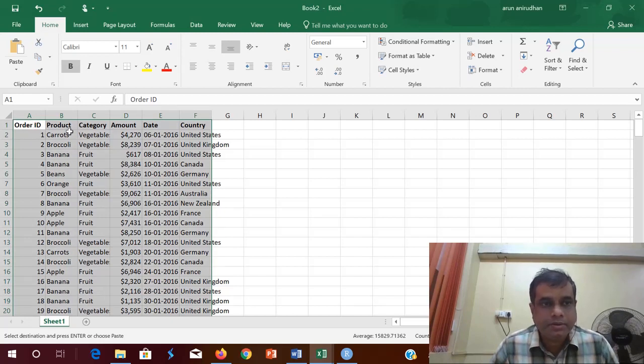So this is my Excel file with data. It has columns with order ID, product, carrots, banana, broccoli, everything. There's another one called category. It tells whether it is a vegetable or fruit, and amount and date and country. I'll tell you how this can be transported to a pivot table, and then how to use that